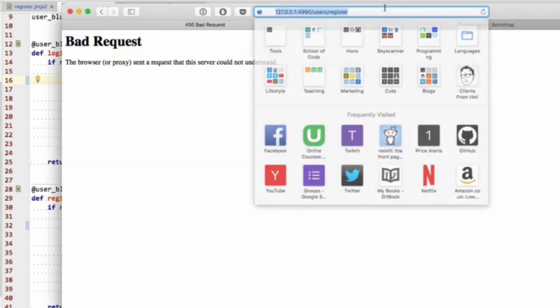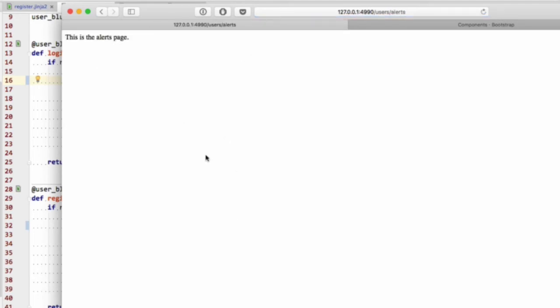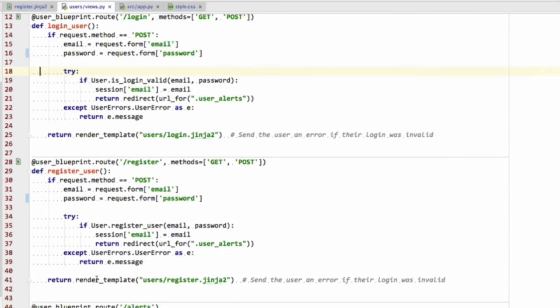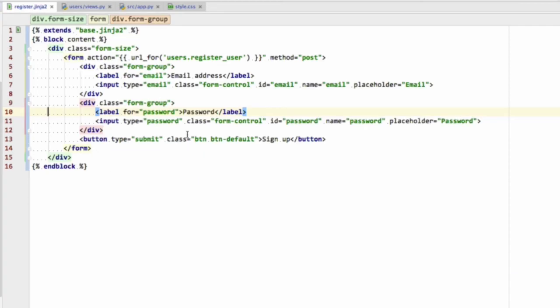So when we do that and we go back here and now we try to register, we have successfully registered and we get "this is the alerts page", which is what we would expect, because when we register a user, we then get redirected to the user alerts, which returns "this is the alerts page". So that's the sign up form working, and now that we're here, we might as well just make the login